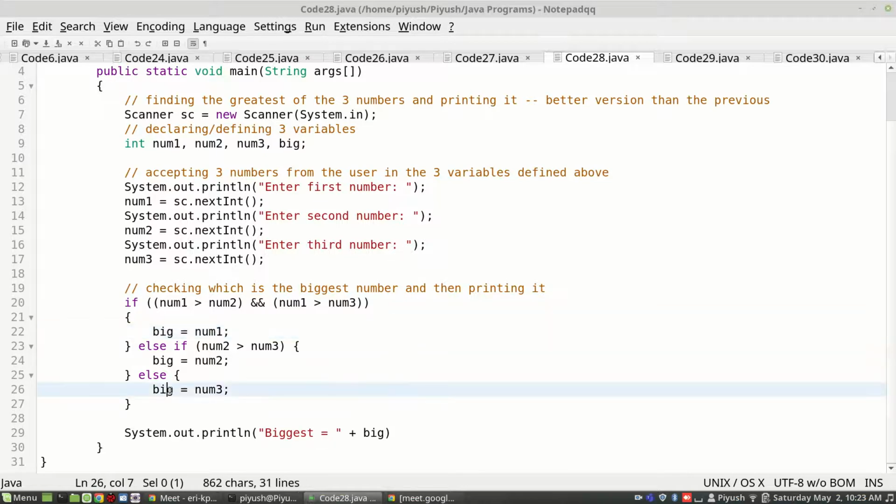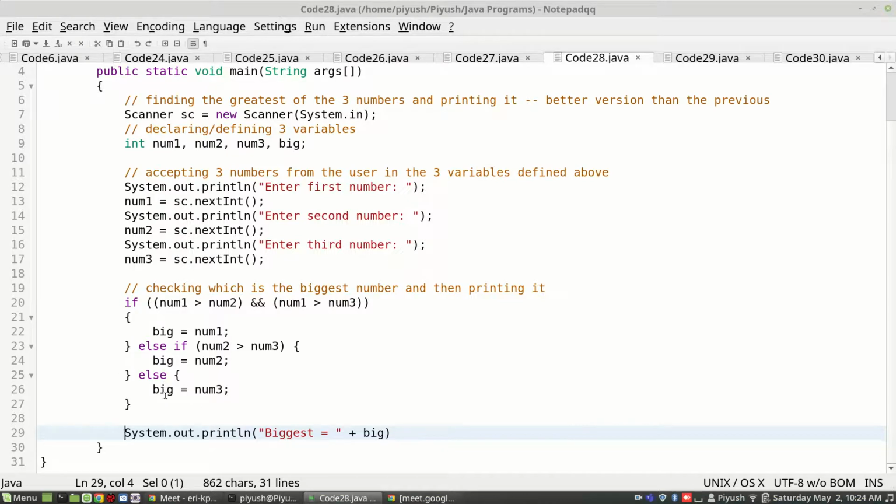Big will capture the biggest number of the three, whichever happens to be, and later on I'll print big. By the time the program comes here at line number 29, big will be containing the biggest of the three, because we have already matched and set big accordingly.